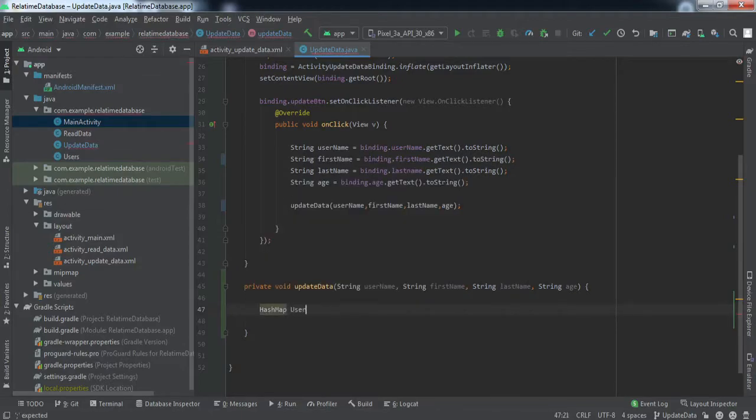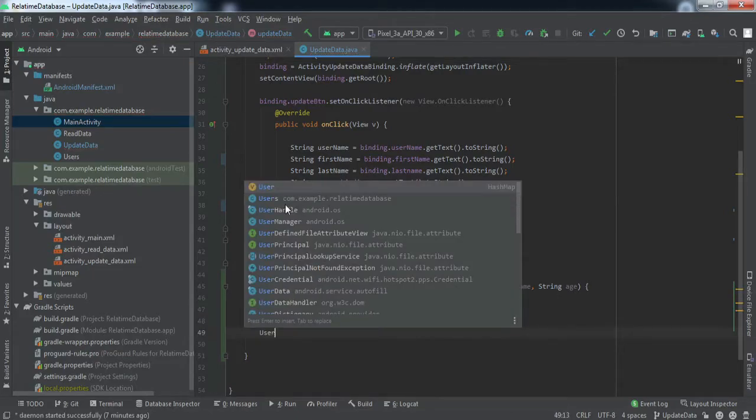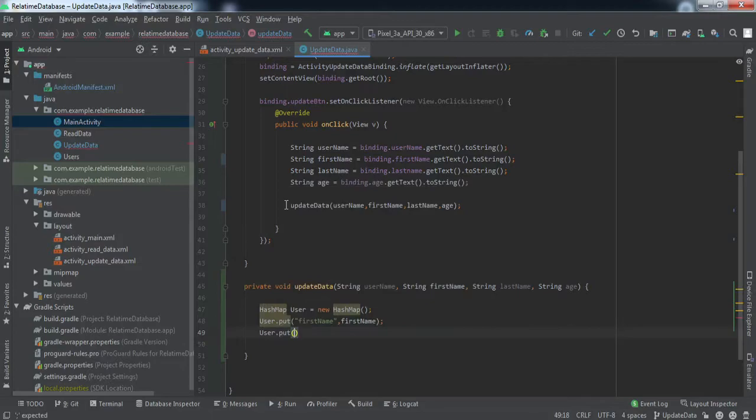Let me call it user only, new hash map. So user dot put. The first argument will be the name of the fields, right? And the second argument is the data entered by the user, right?